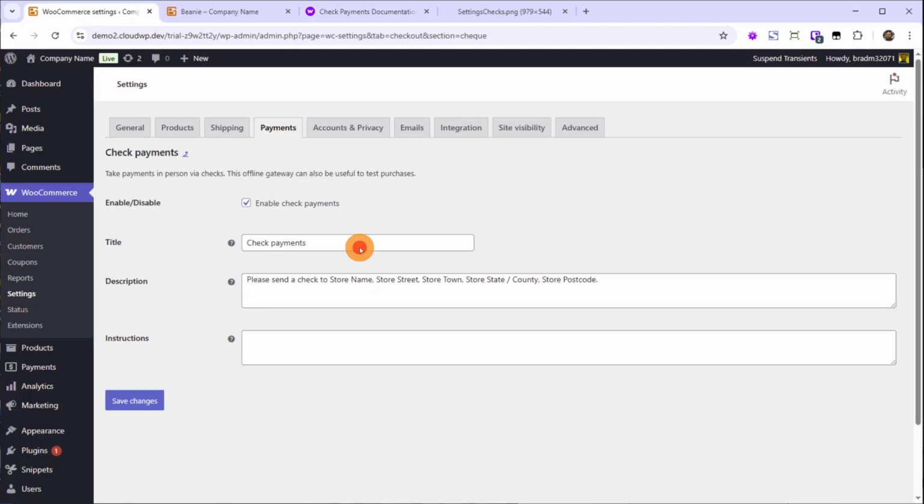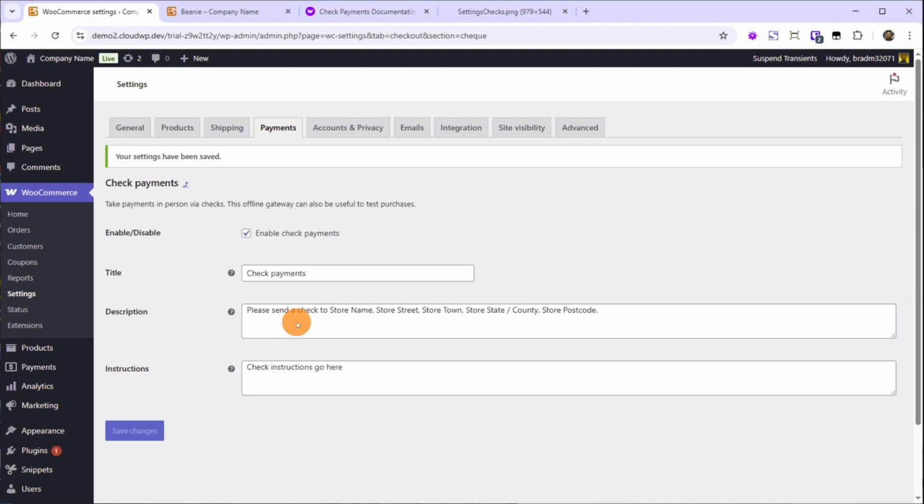But we're going to go back to our settings, and we're going to fill these things out. The only thing I'm going to add really is to the instructions. I'm going to say check instructions go here. That's going to help us figure out where this actually is displayed. Okay, so now that we've saved the settings here, we're going to go visit our store as a normal user would